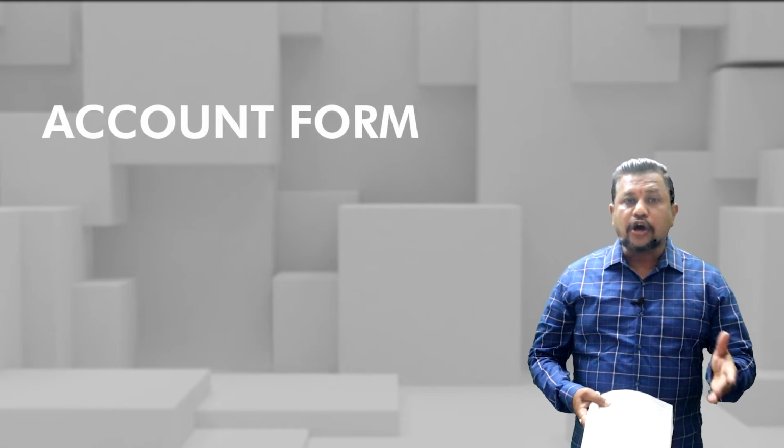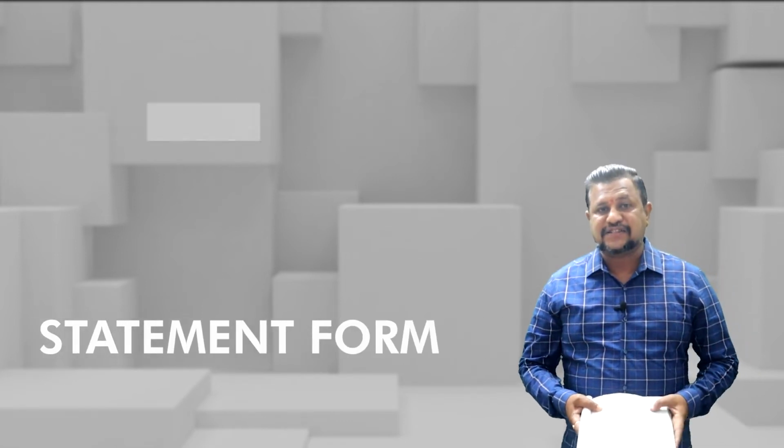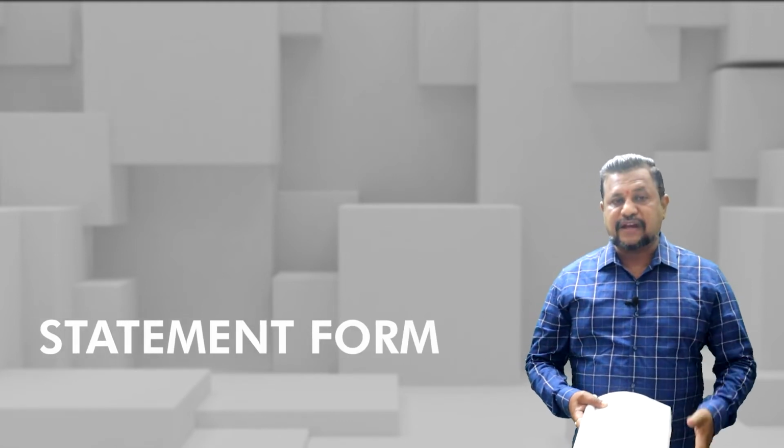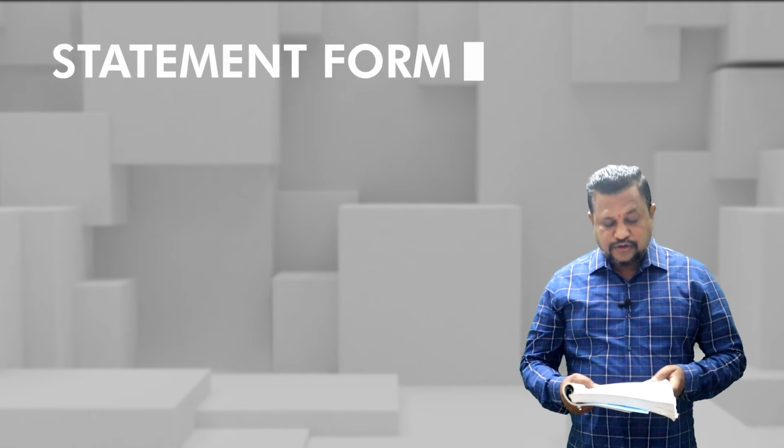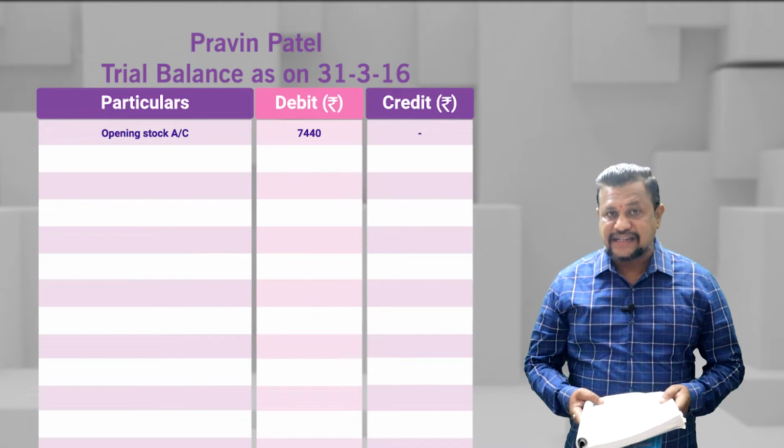Now here they have not specified in the question with regard to form in which you will prepare trial balance. So either you can go by an account form or you can prepare by a statement form. We will present this trial balance in a statement form, guys. So opening stock, it will come on debit side. It is an asset